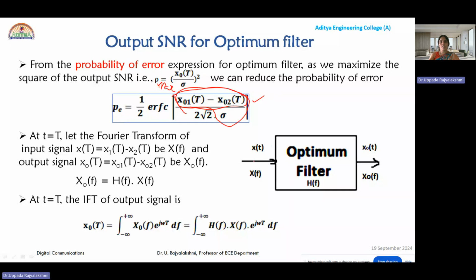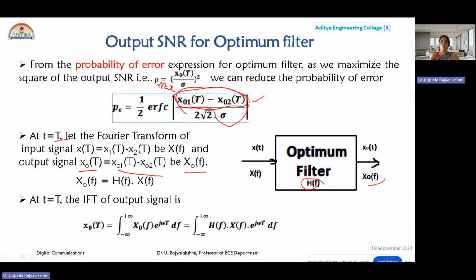Now, for this, let us consider t equal to capital T, one particular instant, and assume that the Fourier transform of x(t) is X(f). We know that x(t) is x1(t) minus x2(t), where x1(t) is the positive level of input and x2(t) is the negative level of input. Similarly, let us assume x0(t) as x01(t) minus x02(t) at t, and let the Fourier transform of the output signal be X0(f). Then you can define the output